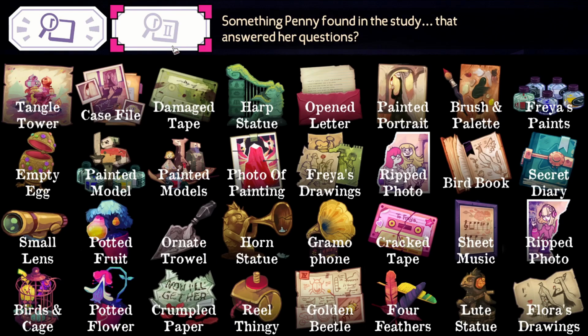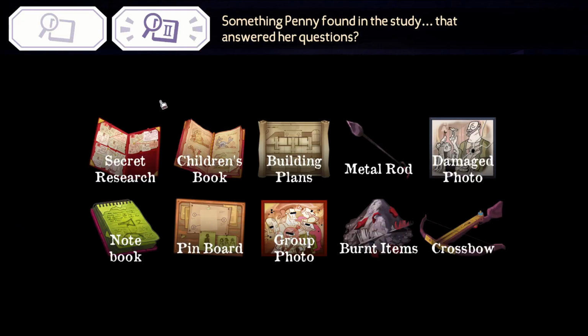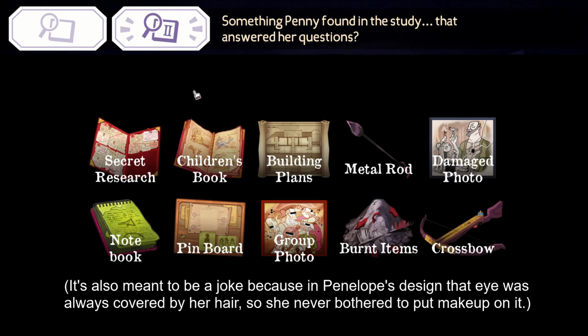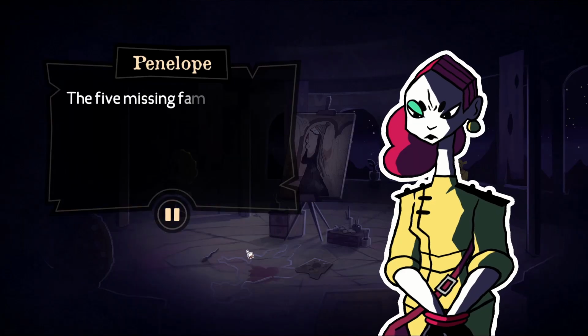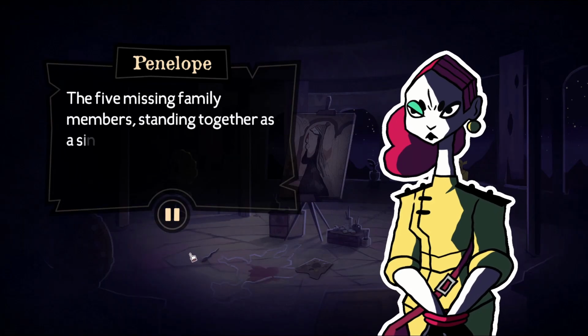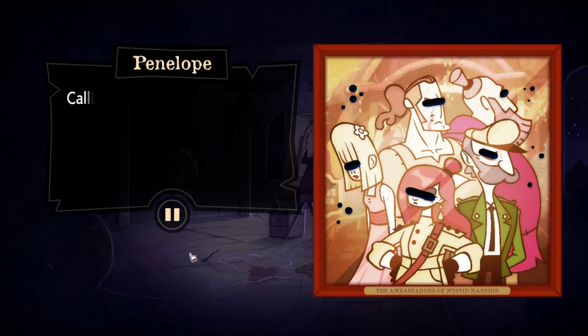I was gonna say, I was wondering what happened to her eyeshadow. I think this character design is meant to be like a cross between her as Penelope and her as Hawkshaw. And also kind of different at the same time. But I'm assuming it's this, maybe? The 5 missing family members standing together as a single unit, calling themselves the ambassadors of